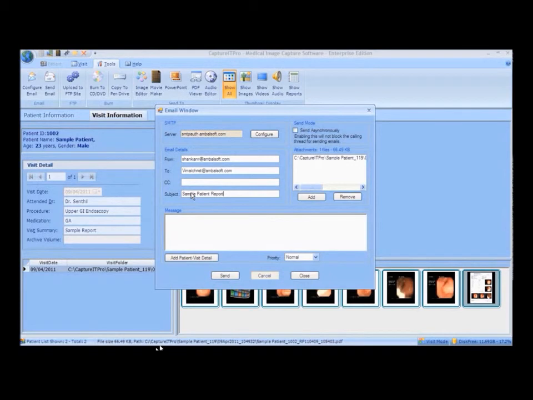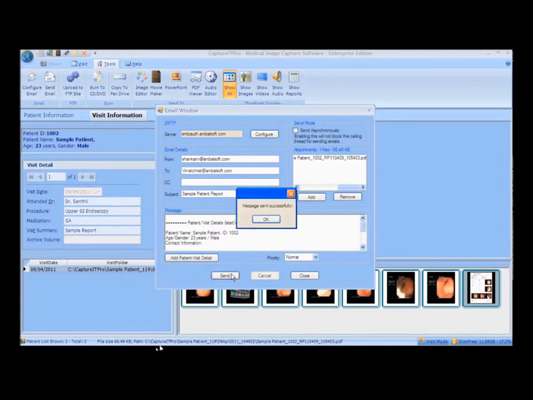To add patient details, click Add Patient Visit Detail. The selected data has been attached here. Click Send. Message sent successfully.